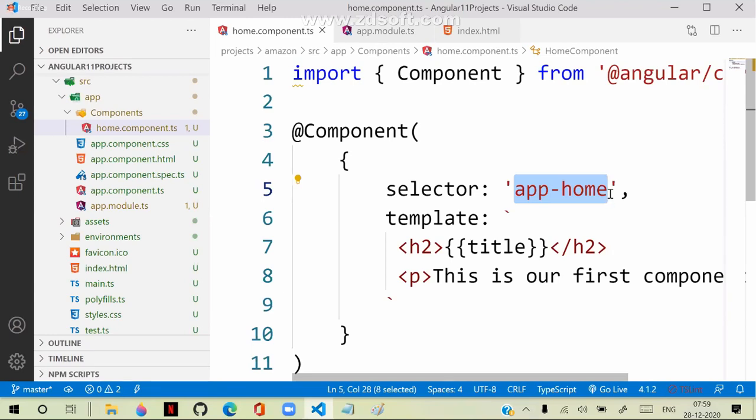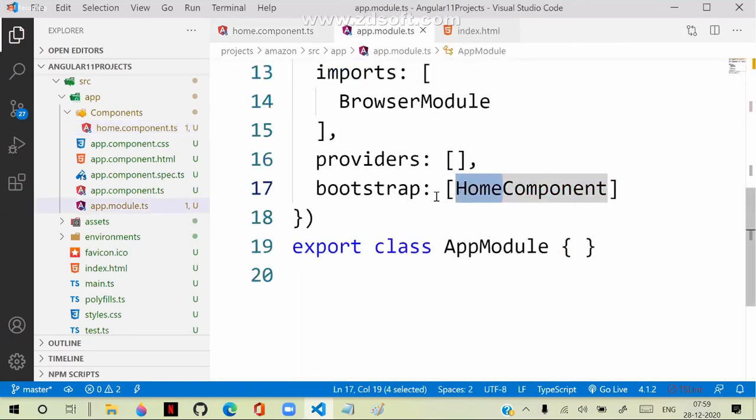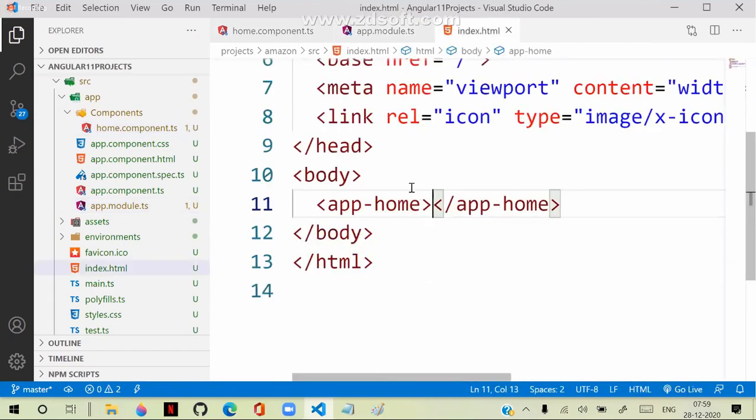Now, technically, the component is ready. Remember, the component is designed. We added it explicitly. And this component is an inline component, because the design, the logic, and currently we don't have styles. Styles also we can keep here. I will tell you how to keep the styles. So first, everything is present in one file only, and we registered the component, and we made the component available in bootstrap. Then we have to start with the index.